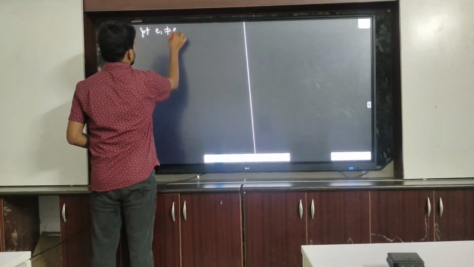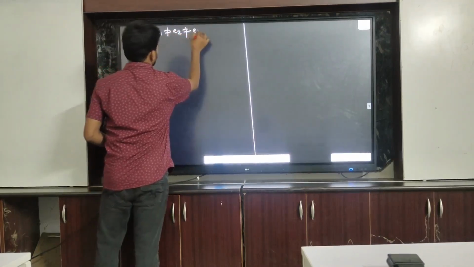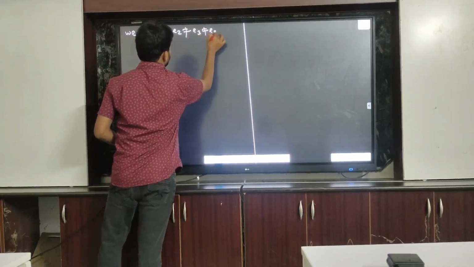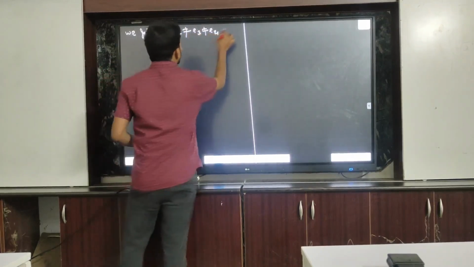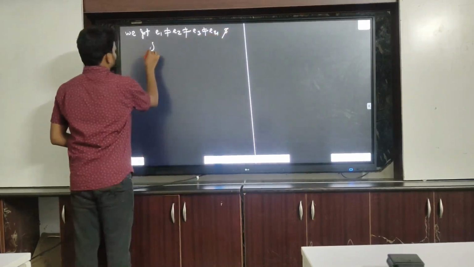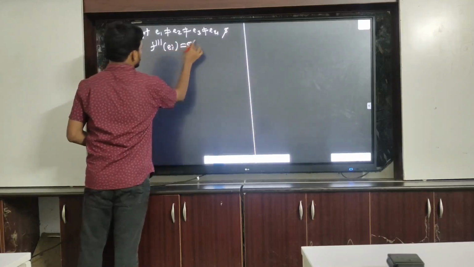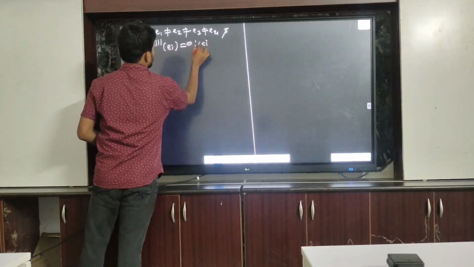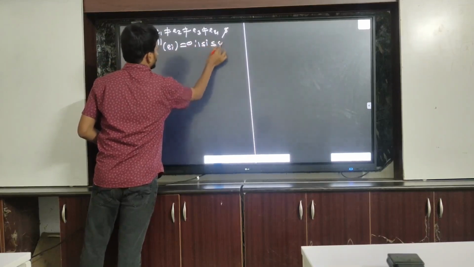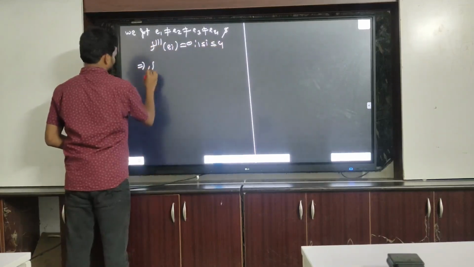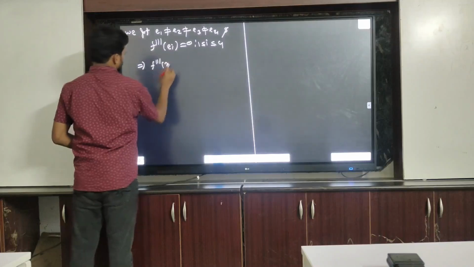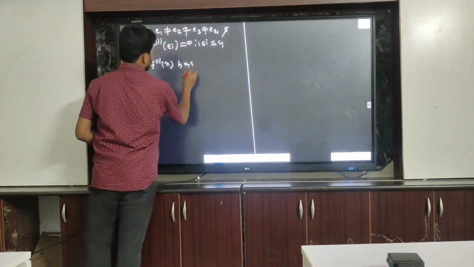E1 not equal to E2, not equal to E3, not equal to E4, and f triple dash of Ei is equal to 0, where i goes from 1 to 4, which implies f triple dash x has